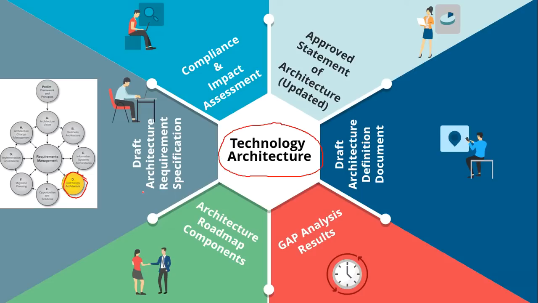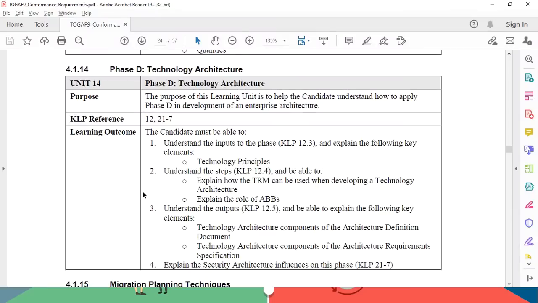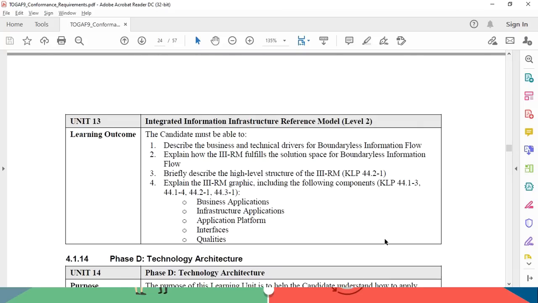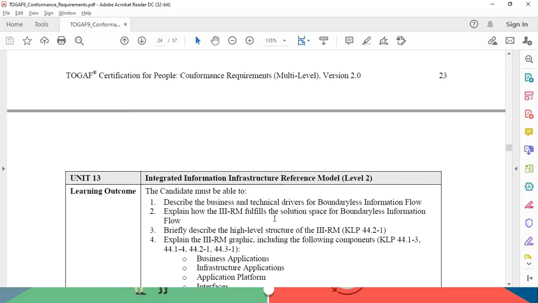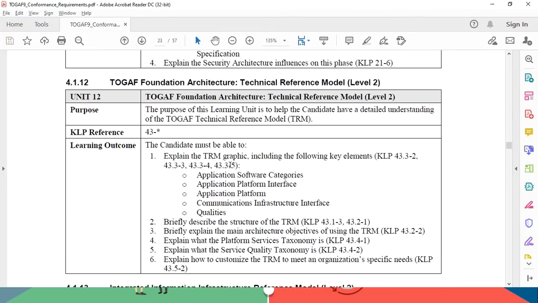From the conformance viewpoint, let us have a quick look at what we are going to cover. We will be covering technology architecture, the technology principles. We will be evaluating that, and we will see how the TRM comes into the picture. We will also be looking through the ABBs, the architecture building blocks, the outputs of the technology architecture component. And as a part of this, the III-RM will be already covered, and the TRM will also be getting